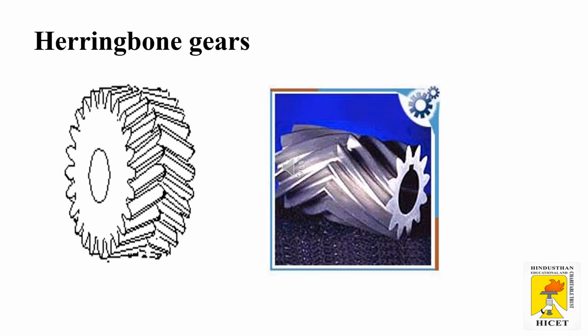Herringbone gears, also known as double helical gears, consist of teeth having a right and left-handed helix cut on the same blank. The drawback of helical gears, that is the problem of axial thrust, is eliminated by herringbone gears. In herringbone, that is double helical gears, the two axial thrusts oppose each other and nullify. Hence, the shaft is free from any axial force.